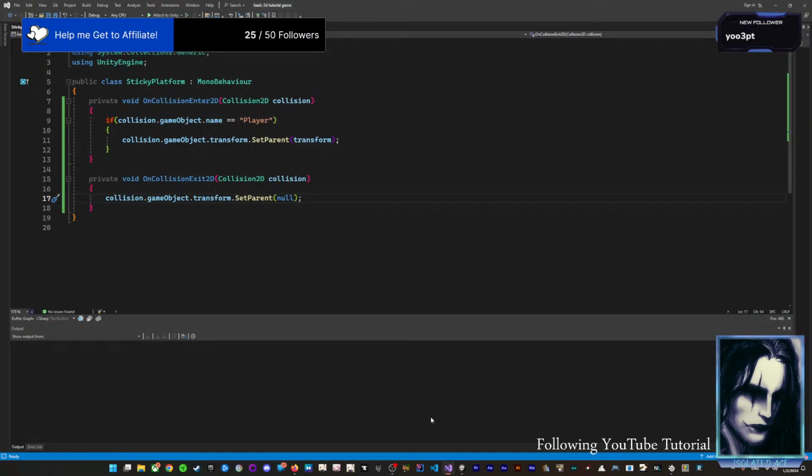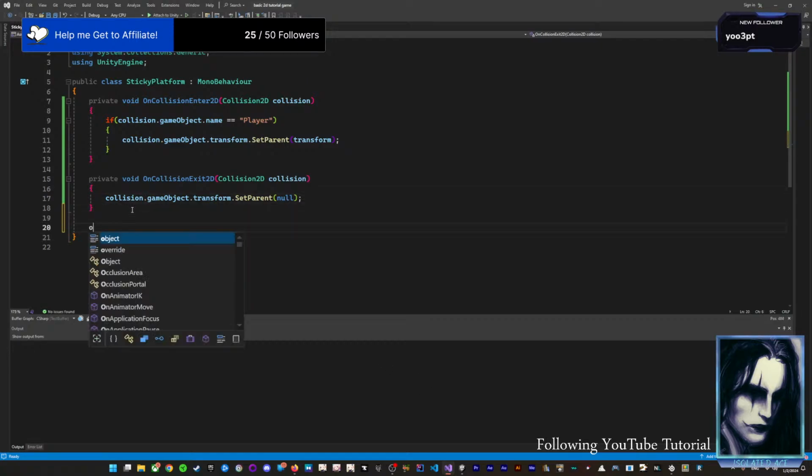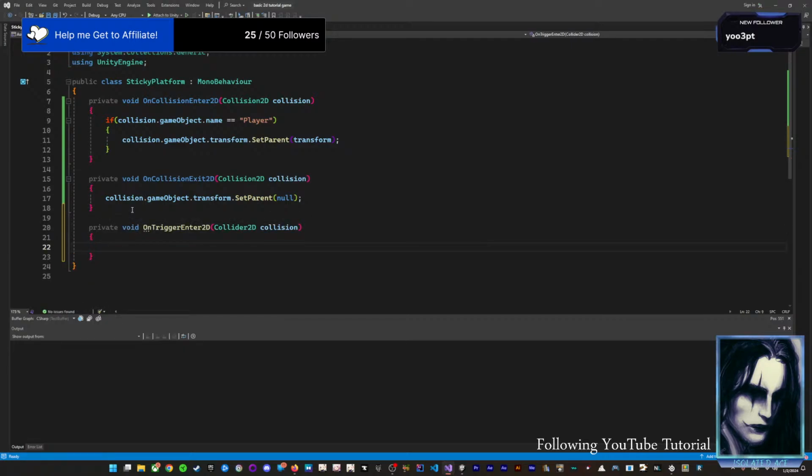And we have already used a trigger earlier when we set up our cherry items. And remember, instead of OnCollisionEnter, when we touch a trigger, we get called OnTriggerEnter2D. And this is how we can distinguish between the box collider that is not a trigger. When we touch this one, those methods here will be called, and the one that is a trigger will call OnTriggerEnter2D and OnTriggerExit2D. So we simply cut out these parts